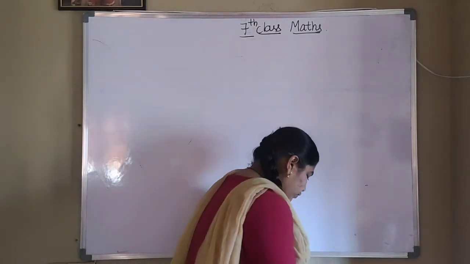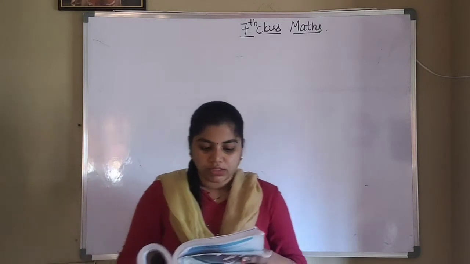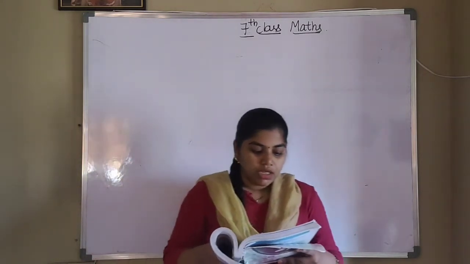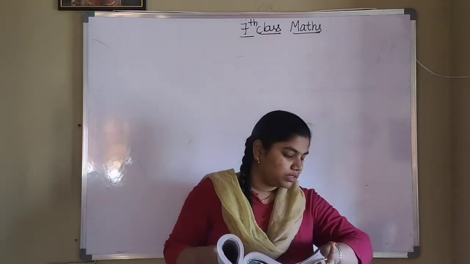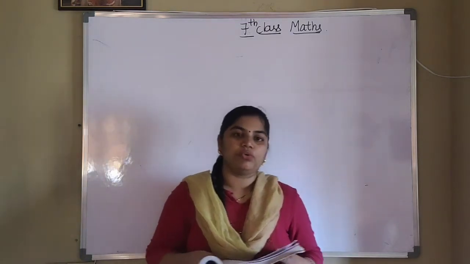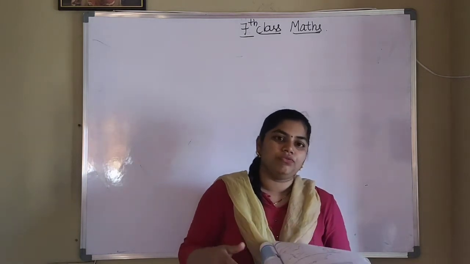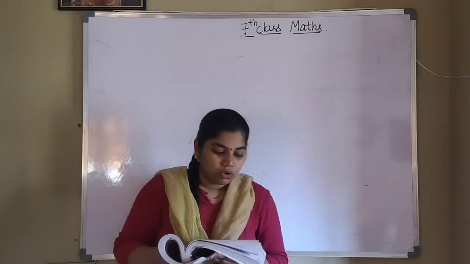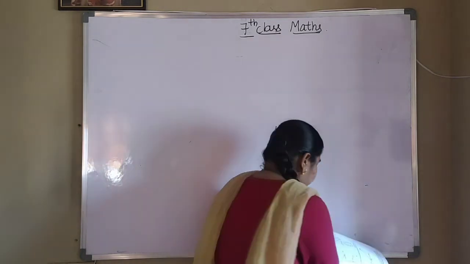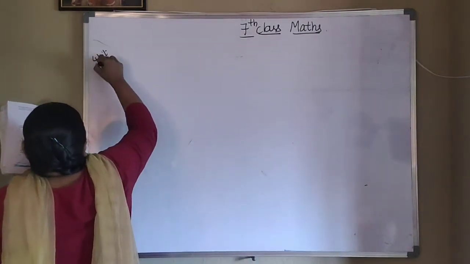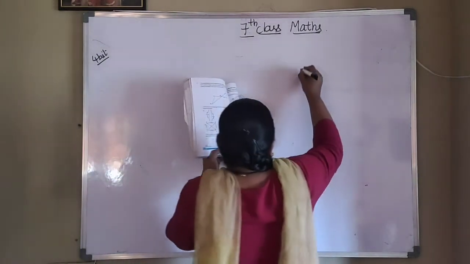So what is the fourth question? Which corresponding sides do you need to know to prove that the triangles are congruent using the SAS congruency? Which triangles? Which side do you want? We have to tell them, we have to find it. Okay. So what is the figure here? Fourth bit.